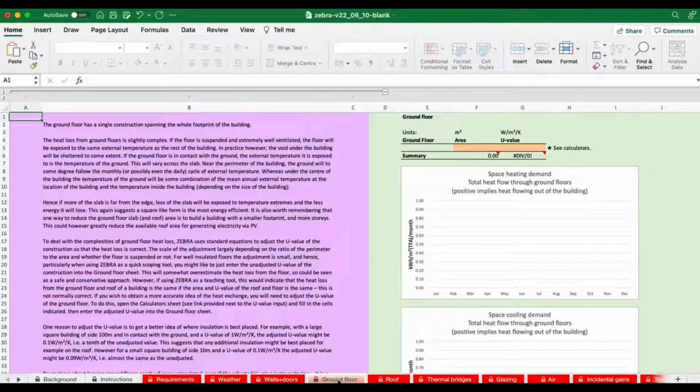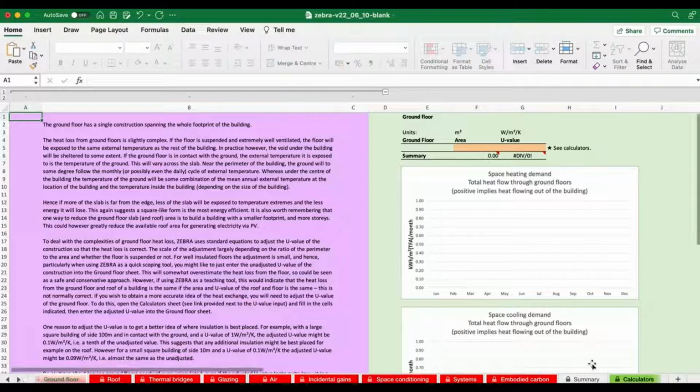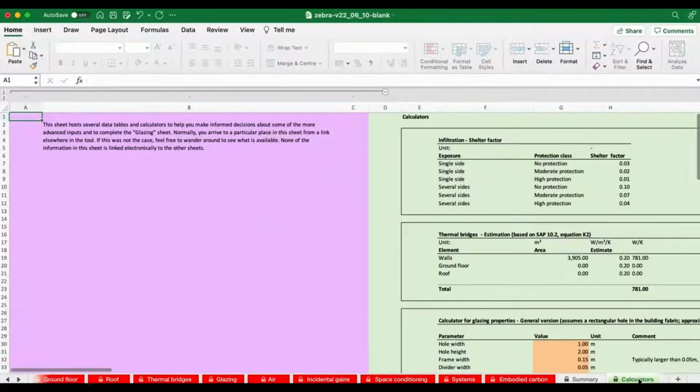you might think, oh, that must be a complex calculation. Well, there's a standard for doing that, and we've captured that standard within the Calculators tab. So if I just flick through the tabs along the bottom of the screen there, and I visit Calculators, you'll see there's a whole series of calculators that help you do sub-calculations that might be useful in setting up the glazing, setting up, in this case, the ground floor situation.